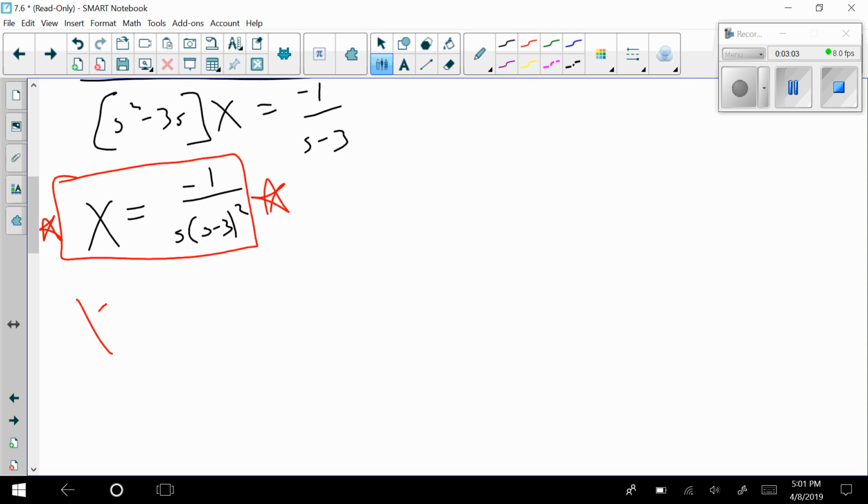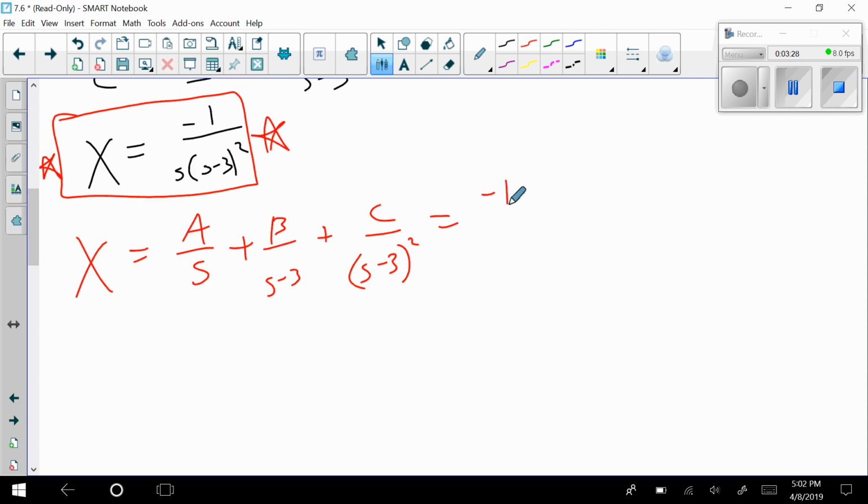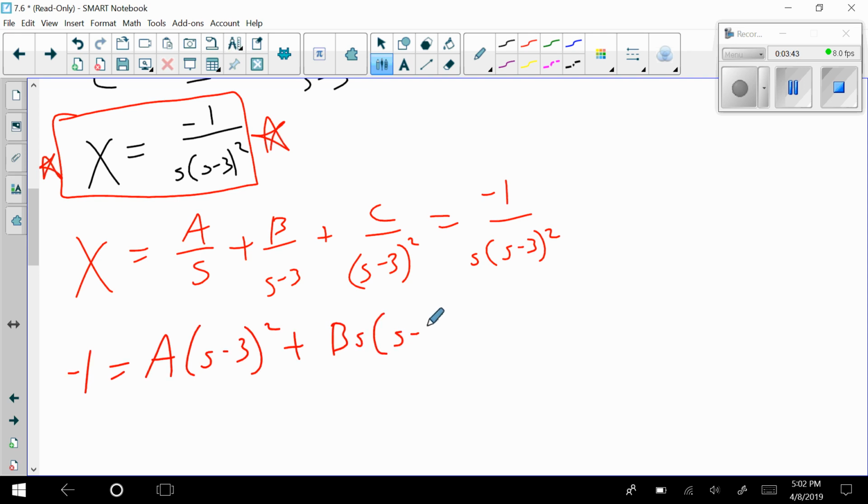We've seen this stuff before. Now this is where I'd break it down. This thing should be equal to a over s plus b over s minus 3 plus c over s minus 3 squared. And once I get that, don't forget that this still is equal to negative 1 over s times s minus 3 squared. And this creates the auxiliary equation: negative 1 equals a times s minus 3 squared plus b times s minus 3 plus c times s,